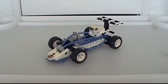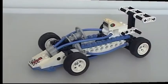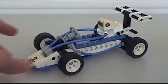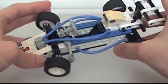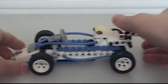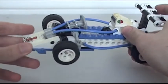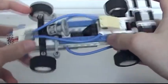Howdy. Today I'm looking at LEGO Technic set 8216, aka the Turbo 1 or the Team Octon. Maybe I should just leave a recording that says, nice looking car that can steer and roll, because that's what most of these are like. To be fair, this one is a fairly involved model to build, mostly because of the tubing and the spoiler